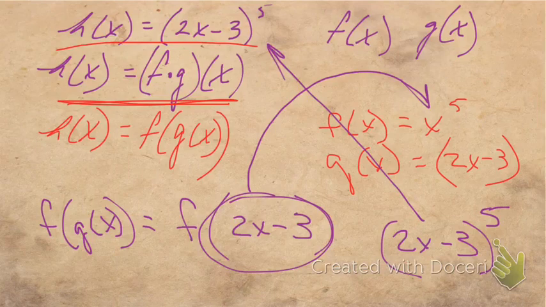So when they give you this, the easiest way to do that is to make the f of x, the one furthest to the left, x to whatever power it is, and the g of x, what's in the parentheses. So if you notice here, I made the f of x the x to the 5th, and the g of x the 2x minus 3. Okay? Does that make any sense at all? It's getting there. Okay, getting there, that's good. If it's getting there, at least we're moving in that direction. Just have to do it a couple